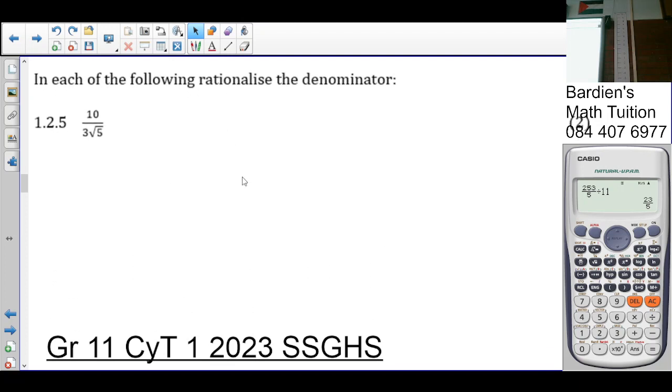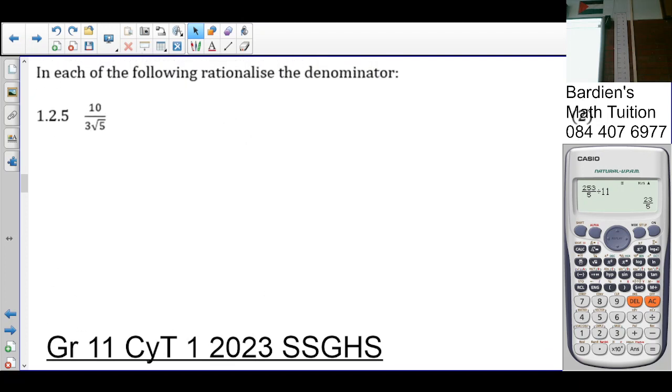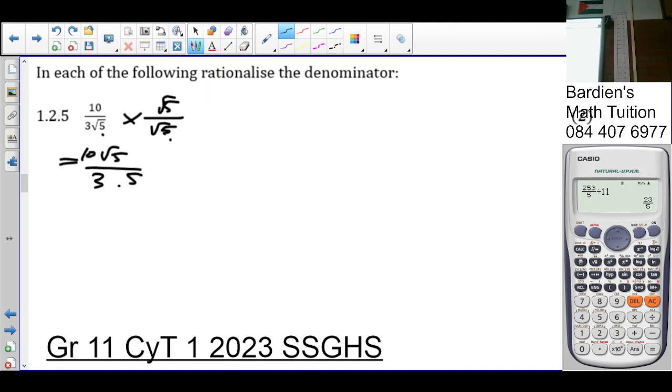In each of the following, rationalize the denominator. As you can see here, what is making this irrational is that square root of 5. So I say root 5 over root 5. So 10 times root 5 is 10 root 5, over root 5 times root 5 is 5 times 3. Of course, 5 goes into 10 twice, into 5 once. So it's going to be 2 root 5 over 3. Okay. The next one,